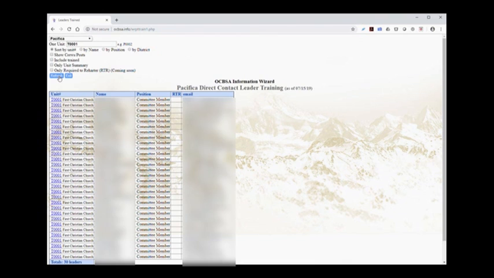In the data that's been displayed, besides the fact that it's showing the unit number, you're going to see name, position, and email address. I've blocked out here the name and the email for confidentiality purposes, but the important part here is that you're going to see position. So in this list here, we see there are a bunch of people with the position committee member. Now they're showing in this filter because it does not appear that they have completed the training required for the position of committee member. In a later video, like I said, I'll show you how to find the right course